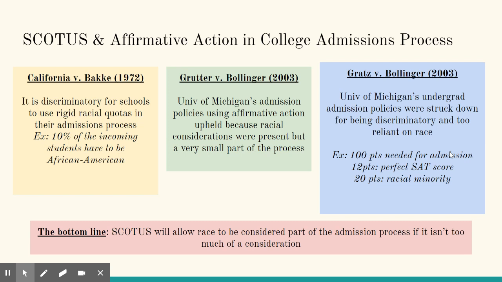So again, that's what affirmative action is. There are two schools of thought; it's a controversial action. Some look at it as a necessary remedy for historical discrimination, and others look at it as we should always just be making decisions based on merit. Again, it's a complicated argument, but the part that you would see on the AP test is what role the Supreme Court has played in this, and that's essentially saying that race can be a small component of the college admissions picture. It just can't be too much.